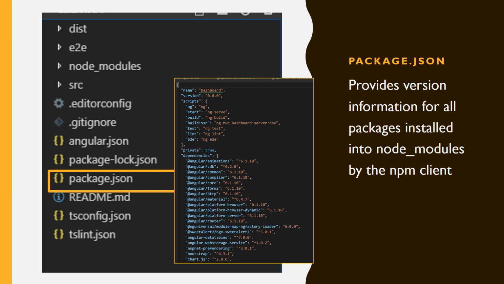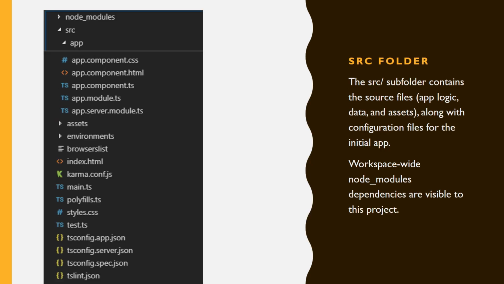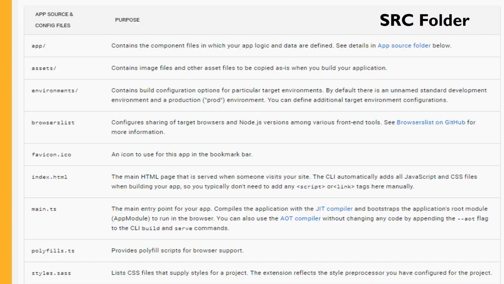Next we'll discuss the src folder, because when you work on any Angular project you use this very frequently, because it contains every required file. It contains the app folder where all your components reside. It contains the main index.html, main.ts, module and assets folders. So each and everything here is related to your project while you are coding. So this is very important.